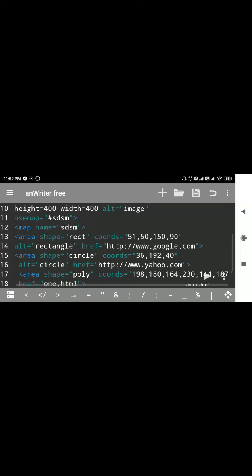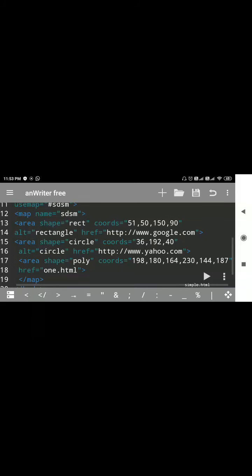After that we'll define some clickable regions. For that purpose we'll make use of the area tag. Its attribute shape is equal to rect, to draw a rectangular shape. Then we'll mention the coordinates of that rectangular shape with the help of the coords attribute. Then we'll make use of the alt attribute, and after that href, which specifies the URL of a particular web page, which means the rectangular shape is linked with a Google web page.